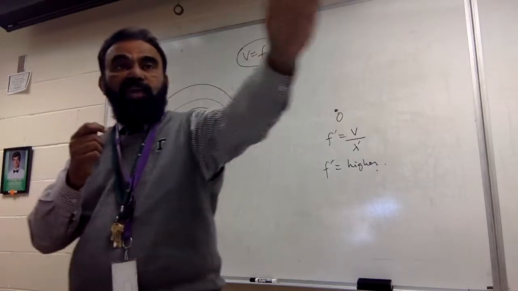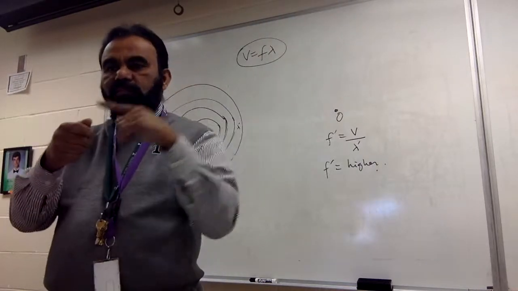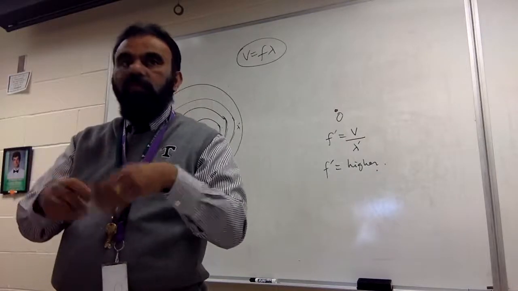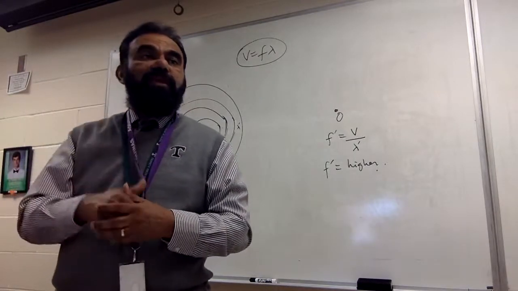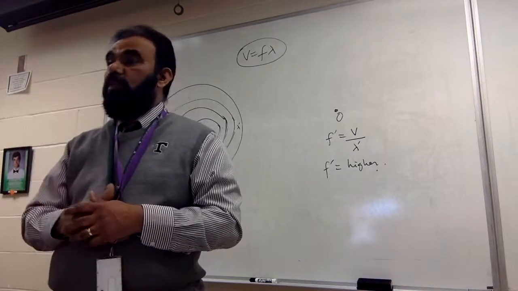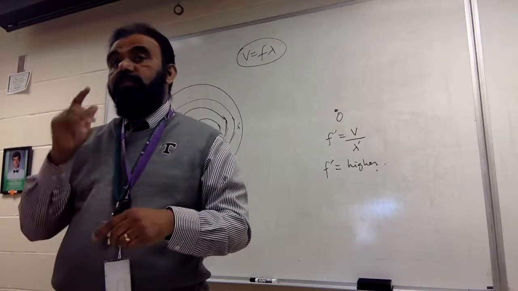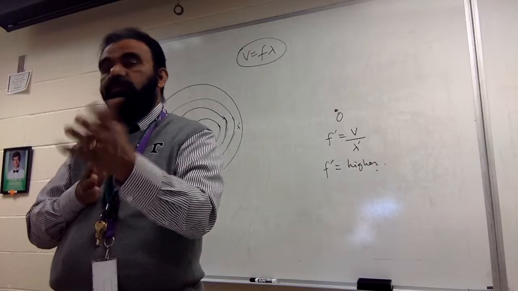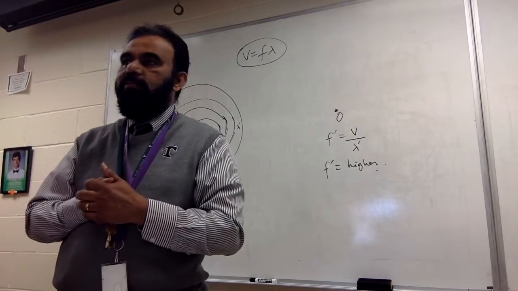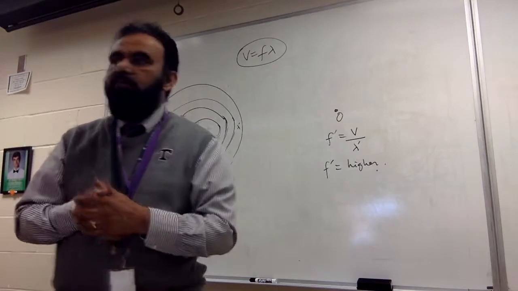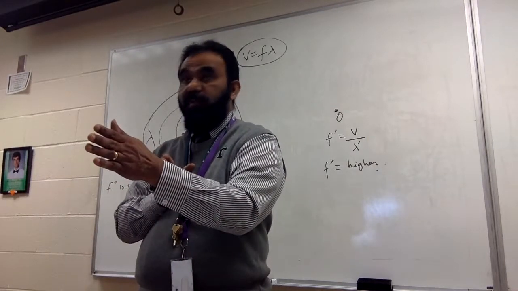Now, if you're moving away from him, it doesn't matter. The frequency is going to drop. The same drop is going to be dependent on the frequency. So the instrument is calibrated to read the speed difference. Now, can it come from a cop that is behind you, traveling with you? Yes. So if you're driving at 85 miles per hour, there can be a cop behind you at 85 miles per hour,